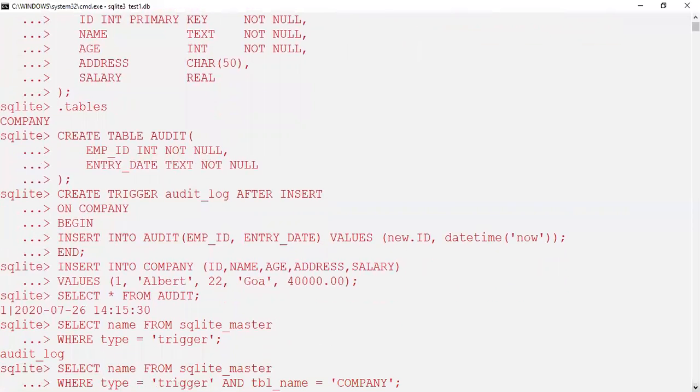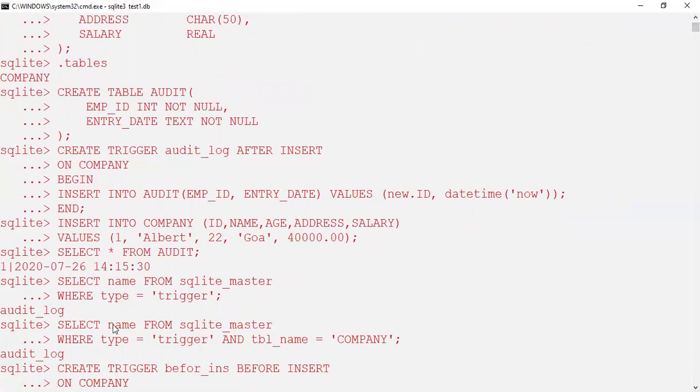Now the next one: with this particular command, you can list out triggers by using the sqlite_master statement. So here we have select name from sqlite_master where type equals trigger, and we get this outcome, audit_log, which is a trigger name. You can see the name of the trigger here, which is audit_log. Next, through this statement, you can also list down the triggers on a specific table by using the AND clause.